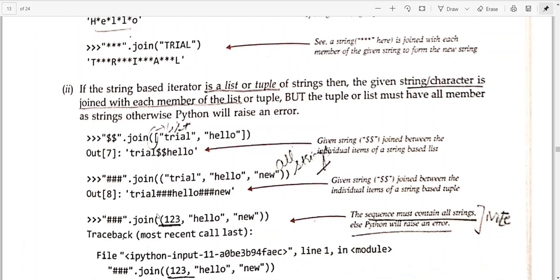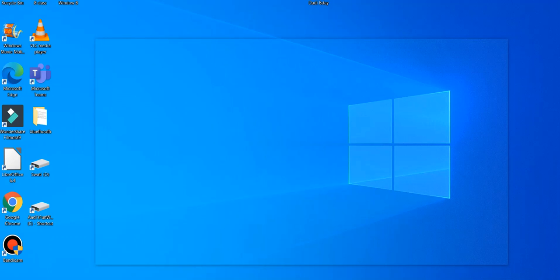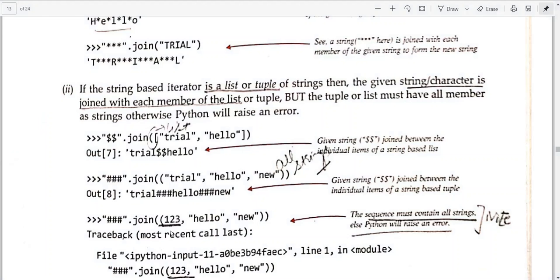Next example is, if you want to join this particular string with this list, how will it look? Like trial, then these three hashes, then hello, then these three hashes, and then the next.